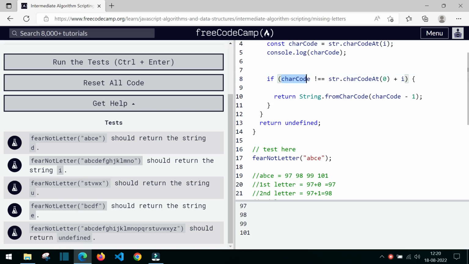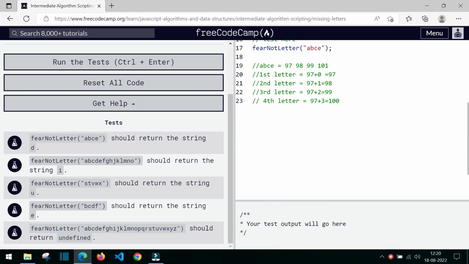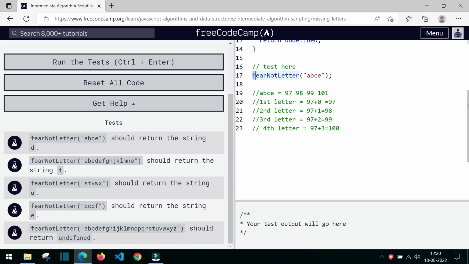So that is what we are doing. So if all the letters are there, okay, so no letter is missing, what we will be doing is we will be returning string dot from char code of char code minus 1, okay. So let us print the result of this and delete this also, console.log of char code, and let us print this result, console.log of